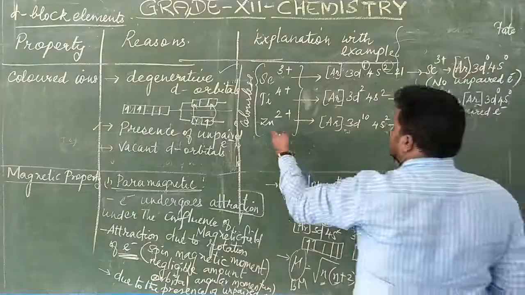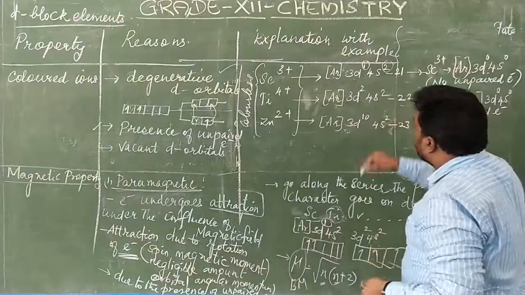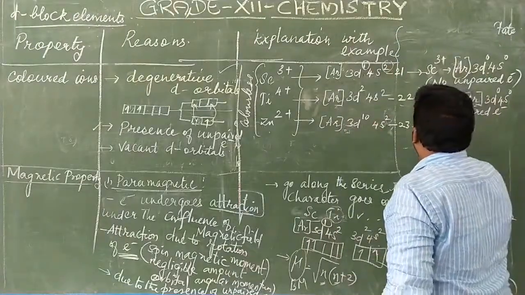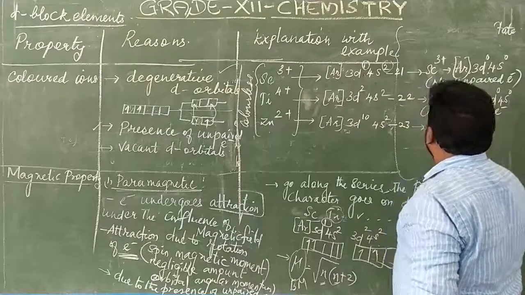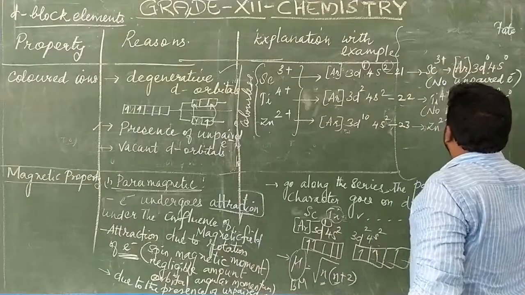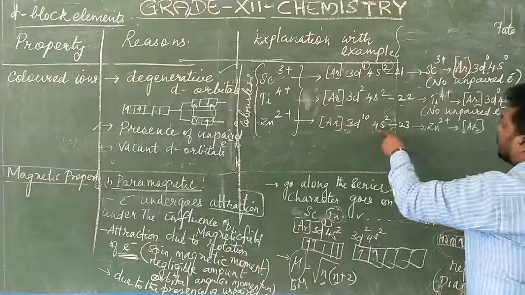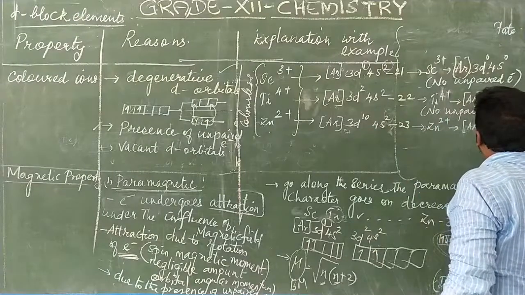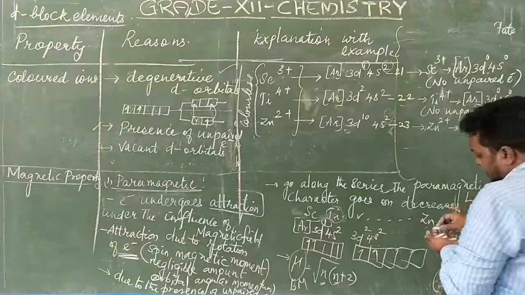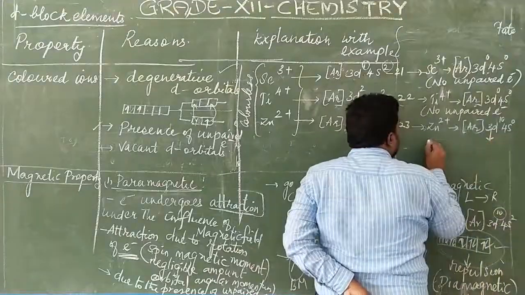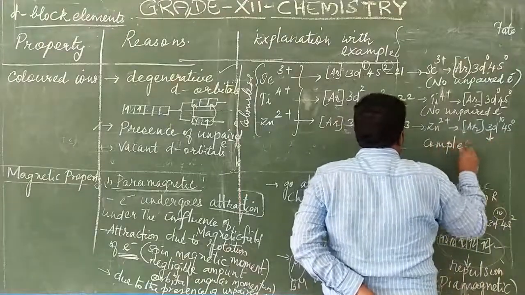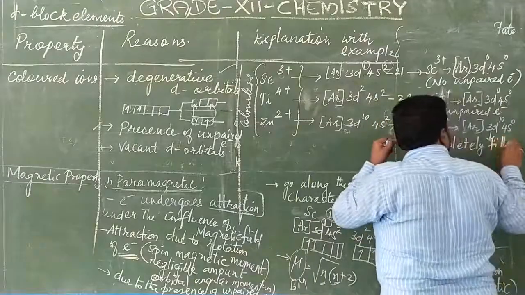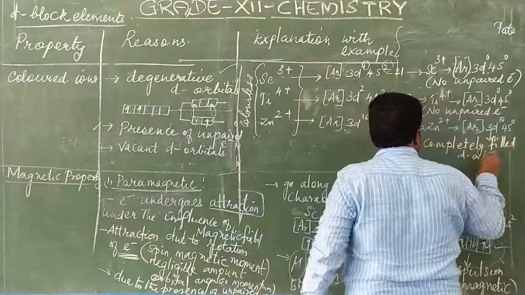Now coming to the zinc 2 plus. Here the 4s 2 electrons will be removed, leaving 3d with 10 electrons. So this is what Zn 2 plus will be in the oxidation state. Now what is the configuration? That is argon, and 4s becomes 0. Only 3d10 will be there. 3d10 implies what? It is a completely filled condition. There is no vacant d orbital. That is one condition.